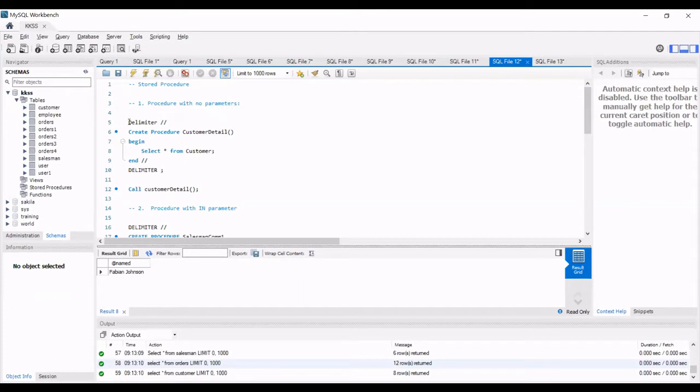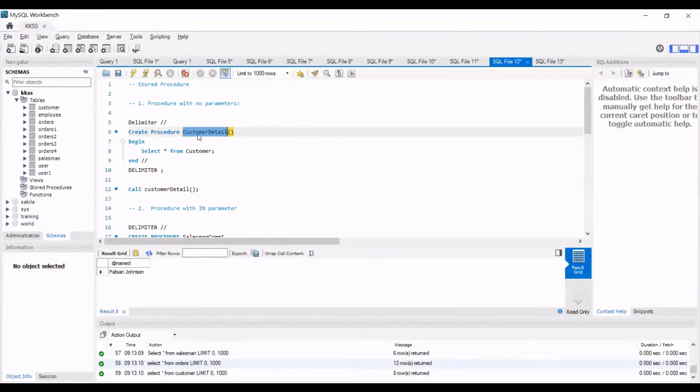Whenever you start a stored procedure, you first need to give a delimiter and the kind of delimiter you are going to use. Start with what a stored procedure is. Basically, a stored procedure is a set of instructions that is stored. So it's a kind of stored function, you can say. You make a query and you store it in a particular procedure. Let's say I'm just storing it as customer details. So next time, if I have to run that query, I don't need to type that query completely again. I just need to run that procedure. It will store it in the system, and whenever you call that procedure, it would just run that query.